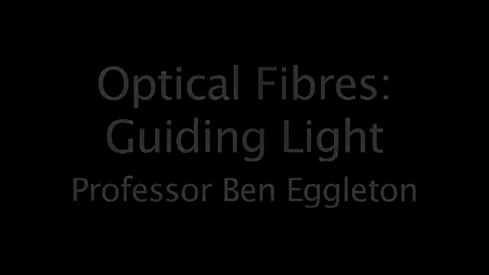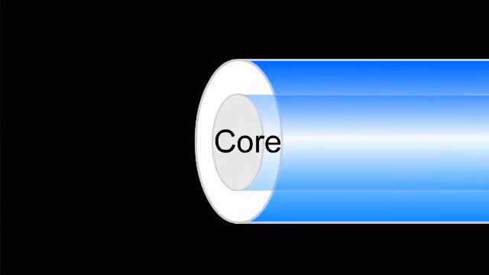If you were to take an optical fibre and cut it down the middle and look at its cross-section under a microscope, you would see essentially a glass plane. If you look very carefully and closely, you would see in the middle of the fibre a region that is a slightly different colour. That's called the core of the fibre, and the core actually includes a slightly different composition